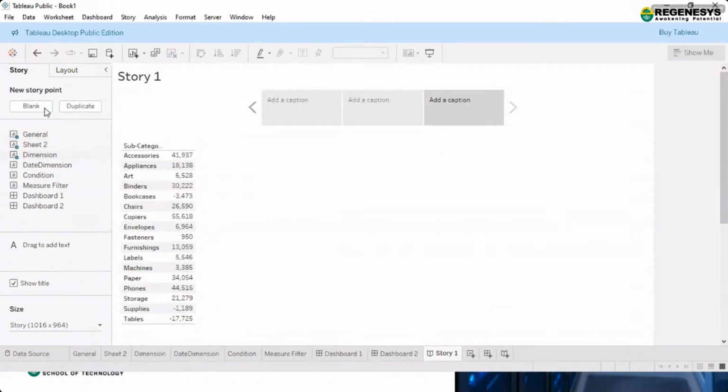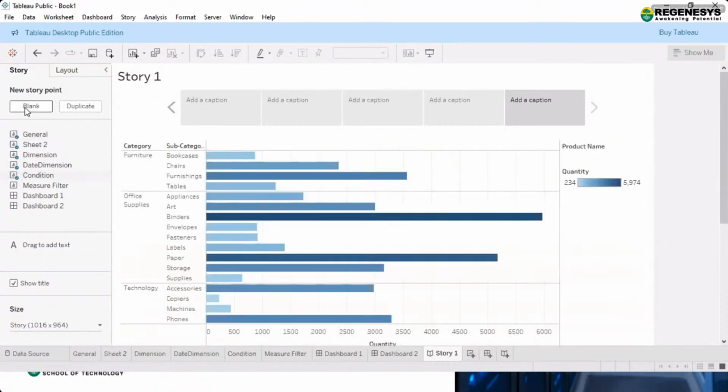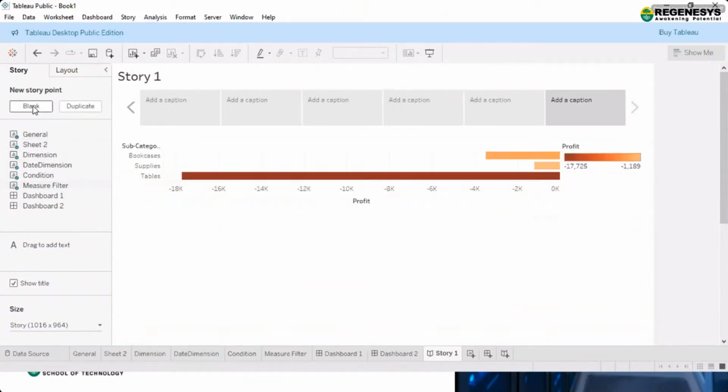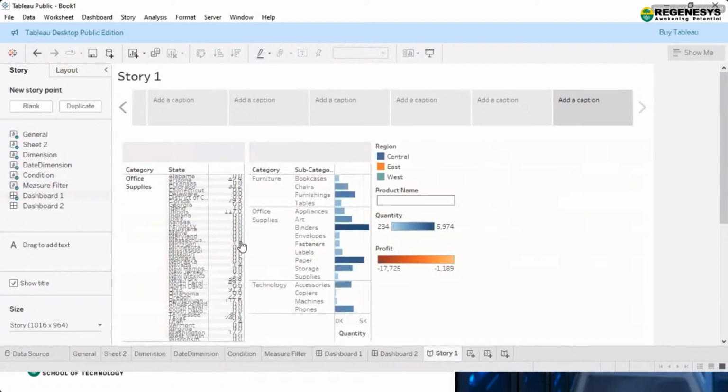Let's take another one which is showing me the date dimension. Again the next one which shows me this condition, then the next one showing me the measure filter, and again the next in which I can take the dashboard also. I've taken the dashboard. So I'm just clicking blank, blank, blank to get the new pages for my story.